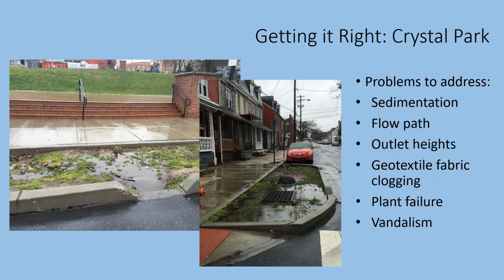Just a few photos showing what some of the challenges were. Again, you can see there were some grading challenges. Water was ponding and actually coming back out of the systems. You can see water in the rain garden without ever overtopping either of the risers before it would overtop the curb. So we really had our work cut out for us. We wanted to make sure that we were being attentive and doing what we could to alleviate some of the maintenance frequencies in this particular location. So, next slide.